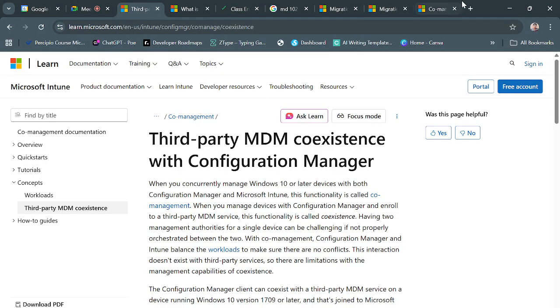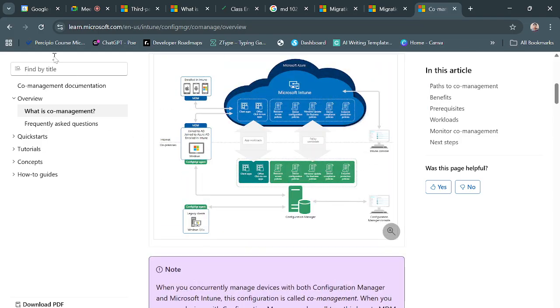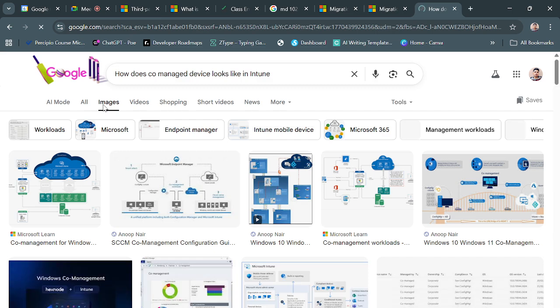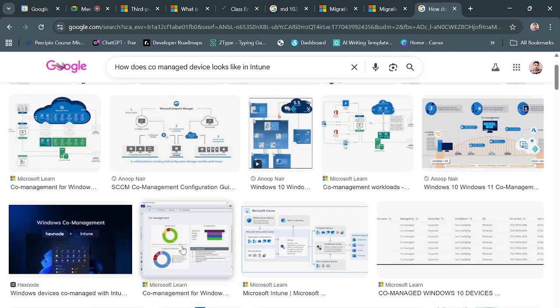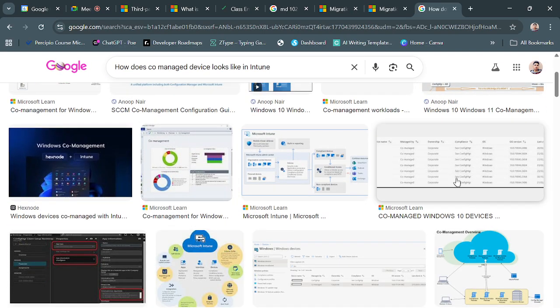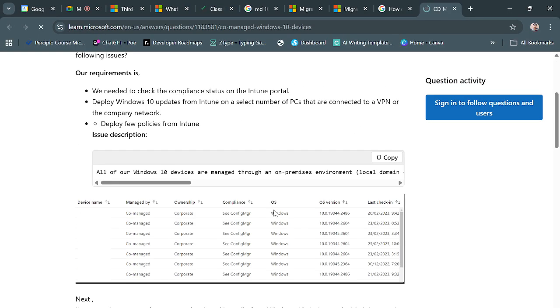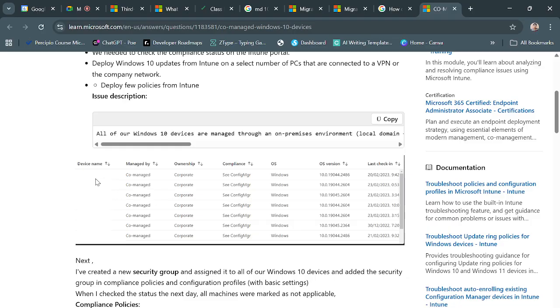Yeah, I will look for that image. I got that image. See,